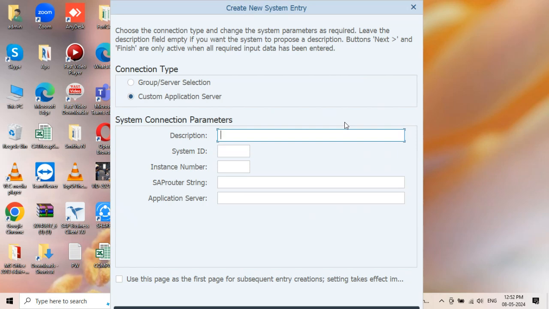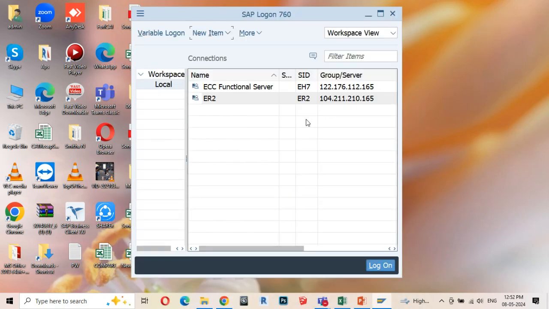To have the authorization to work on the SAP system, you need to first bring in the SAP system which you are given. Enter all the details. OK. Now, after having entered,